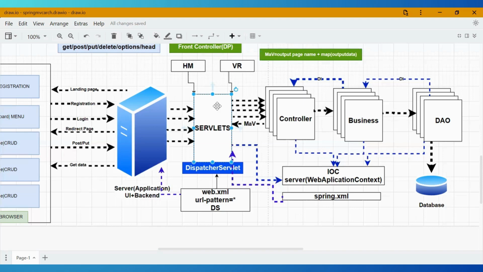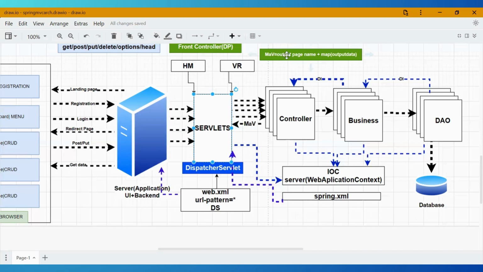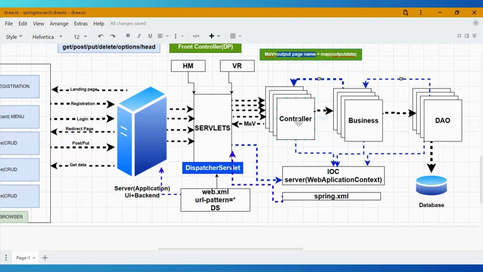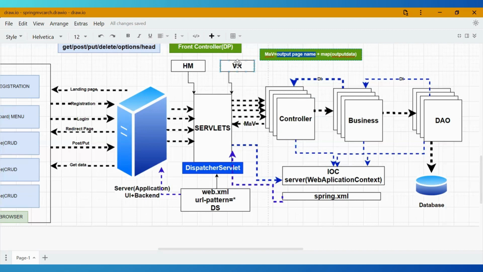It will tell it to go to the success folder and identify with this name. The output page name is already received, right? Let's say your page name is registration success, REG success is my page name. So the view resolver will tell it to go to the success folder and find the REG success file in that success folder